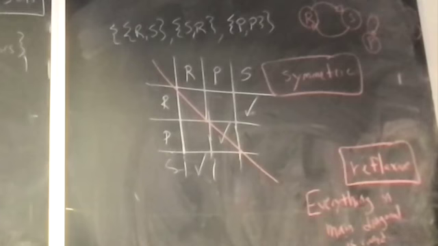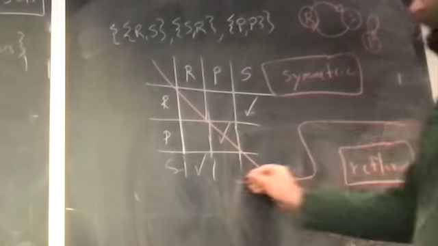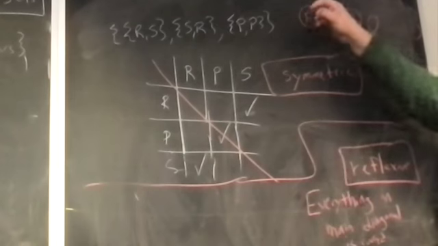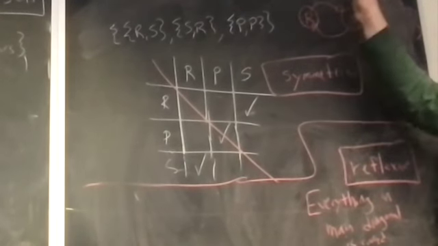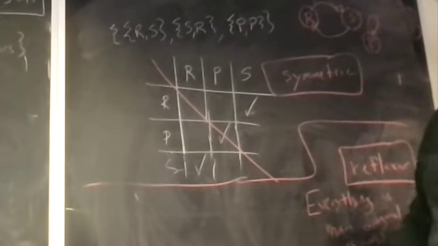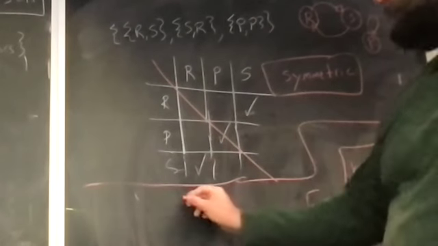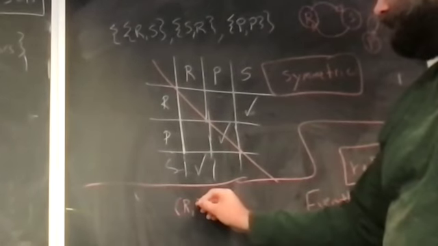But you can see reflexive really easily, because if you had reflexive, it would just be having loops from the elements to themselves. So this is not reflexive because R doesn't have a loop to itself, and S doesn't have a loop. Reflexive means you're going to be seeing the diagonal elements, which would be like RR. So RR would show up in a directed graph representation as